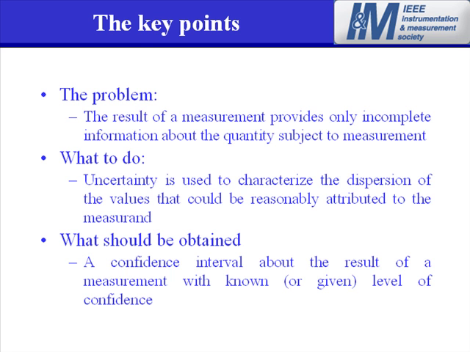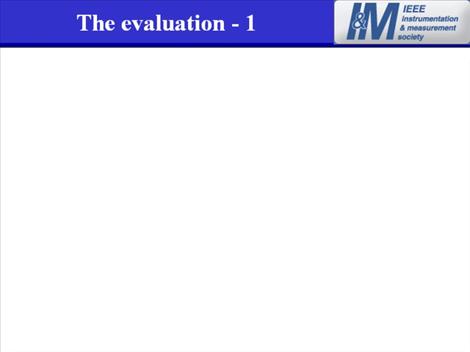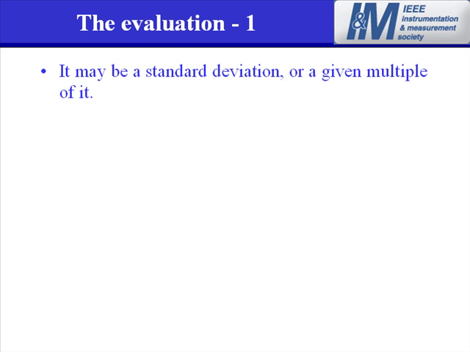Please note that sometimes the required level of confidence is set by some requirement imposed by the application that uses the measurement result, and we must be capable of defining the correct interval. Now, the only problem left is the evaluation of uncertainty. We talked about an interval of confidence with a known level of confidence. But if we express uncertainty with a standard deviation or a given multiple of it, we can readily find this